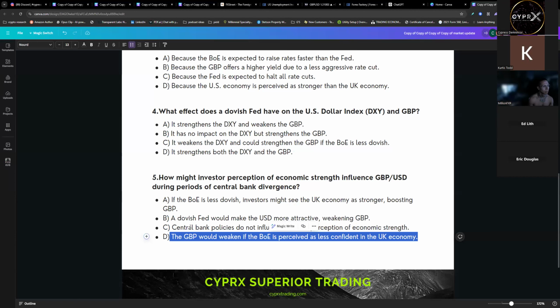Okay. So Avidwa, I believe, is the one who got this one right. A and D are both true. So if the Bank of England is less dovish, investors might see the UK economy as stronger, boosting the Great British Pound. Remember, a less dovish central bank tends to benefit said domestic currency, right? So that means